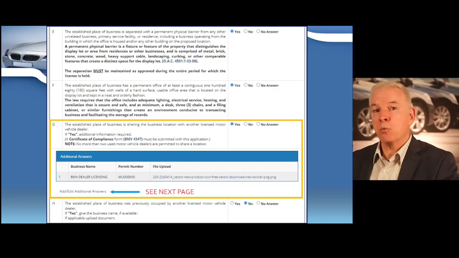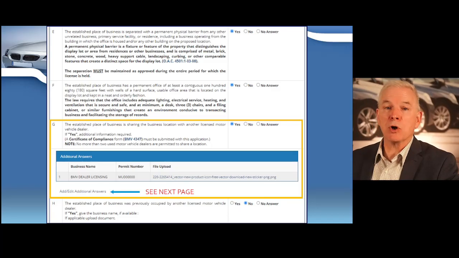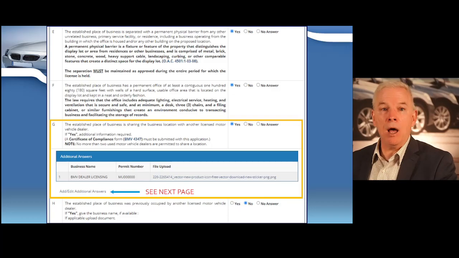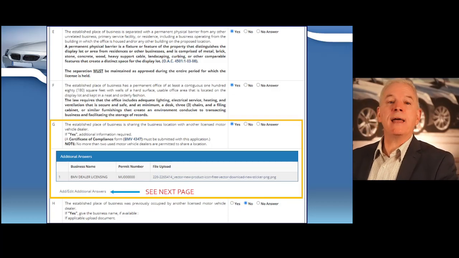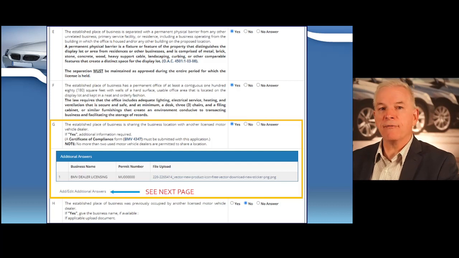The state never wants a neighboring business's customers parking on your lot, and maybe one of your customers thinks that vehicle's for sale. That's confusion the state wants you to avoid. So the state wants to make sure that you have physical separation between your display lot and any other neighboring business's customer parking. You're then asked if you have an office with at least 180 square feet,